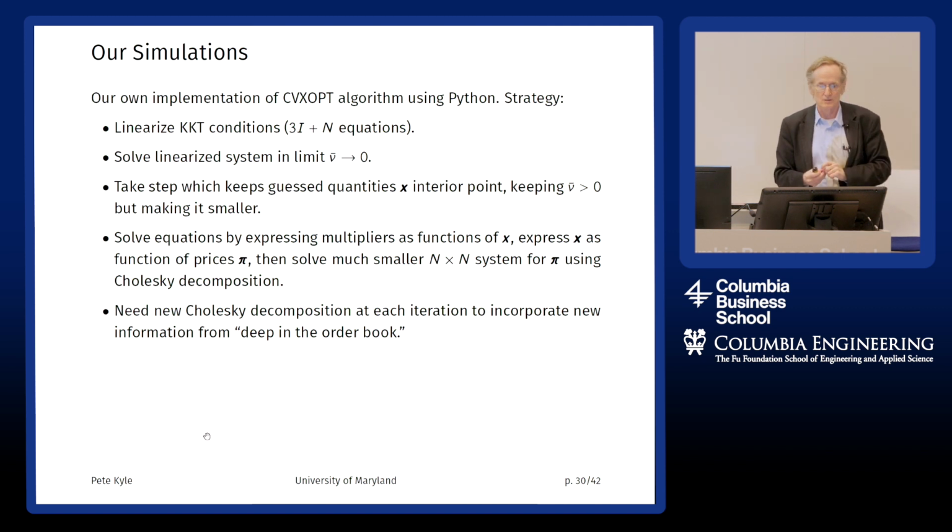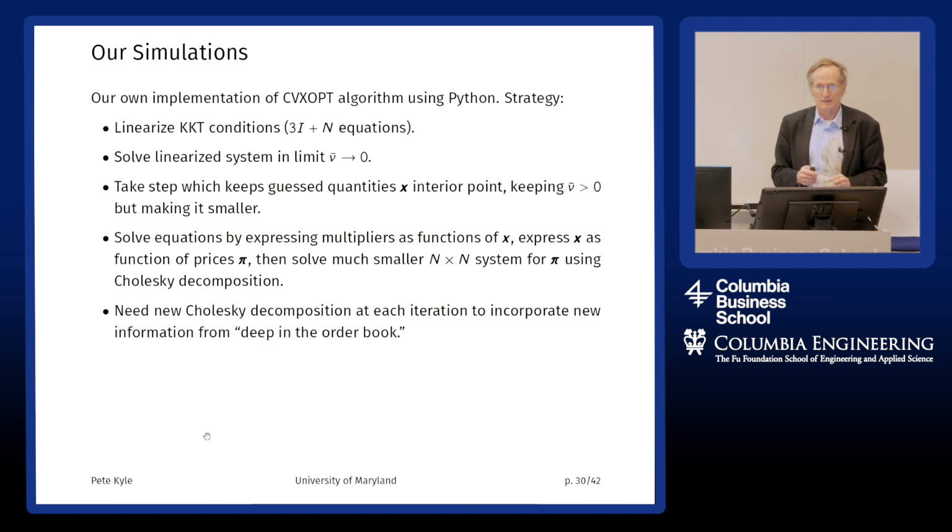So what does this do? It makes the problem very poorly conditioned. There are some assets that may not have any orders at all. They show up in the portfolios, but they don't show up as orders for those individual assets, so the prices of those assets are very poorly defined. And then there are other assets that have huge numbers of orders, like the market portfolio itself, and portfolios that have huge numbers of orders.